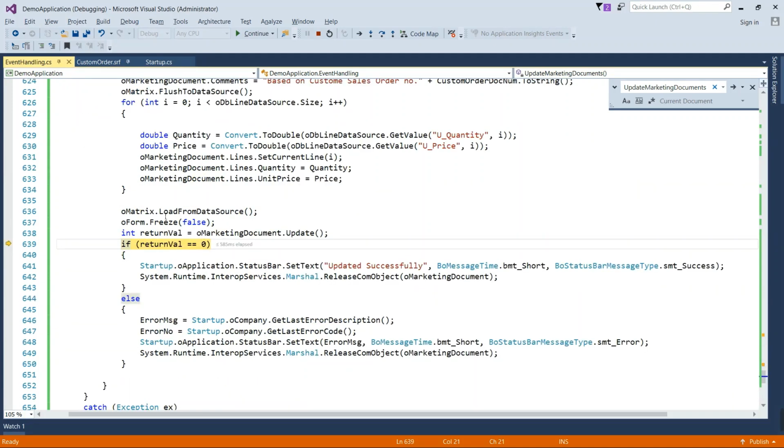Look, the return value is 0, hence it will come to this block, and if it would not be 0, then it will return the error message and error code.